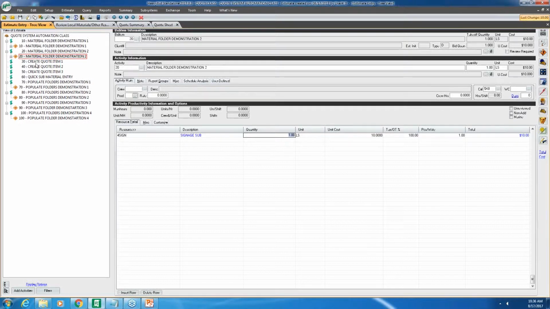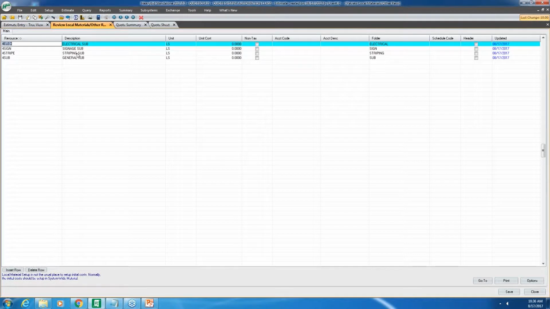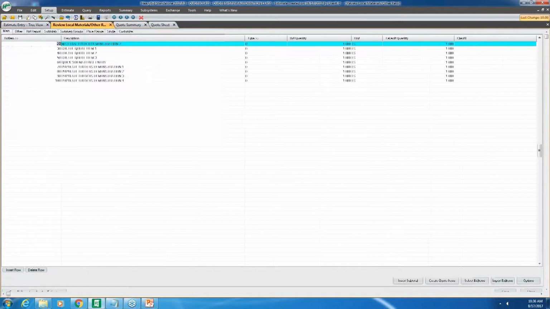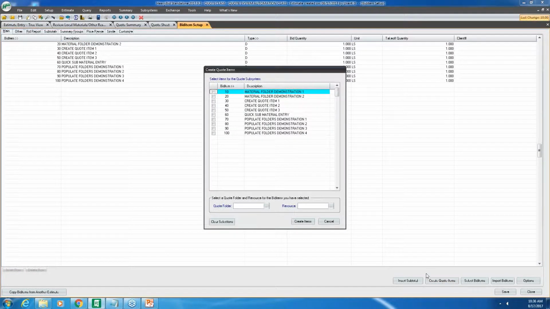Moving on to items 30 through 50, we're going to use the create quote item. And we're going to use our striping sub here. So all we need to do is go to setup, bid items, and in your bottom right you have a button that says create quote items. We're going to click on that,